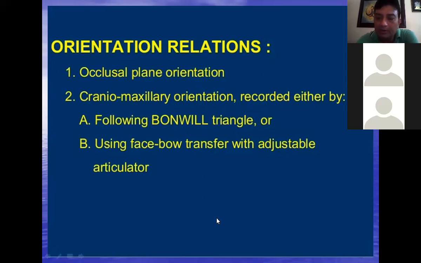As we discussed last time, we discussed orientation relationship, which is one of the relationships from your maxillomandibular relationship family. Last time we discussed how we will correlate your mandible to your maxilla or your cranium. There are some anterior reference points like your nasion, infraorbital, then your ala of the nose. These are the anterior reference points, and then your posterior reference is somewhere 13 millimeters in front